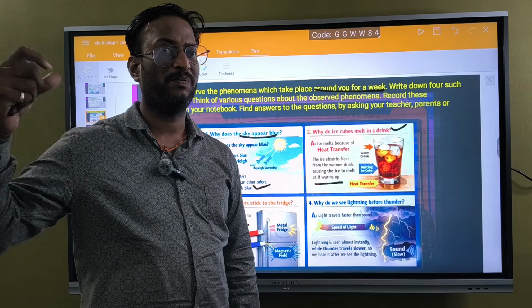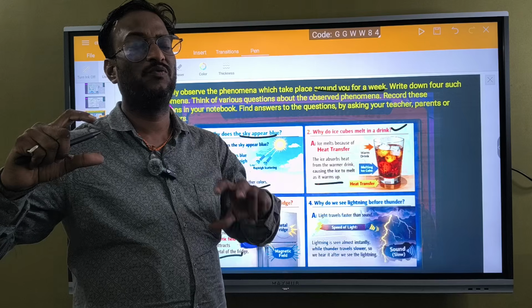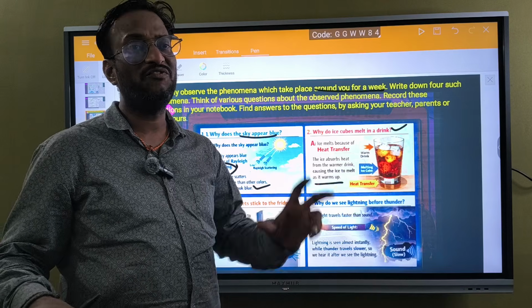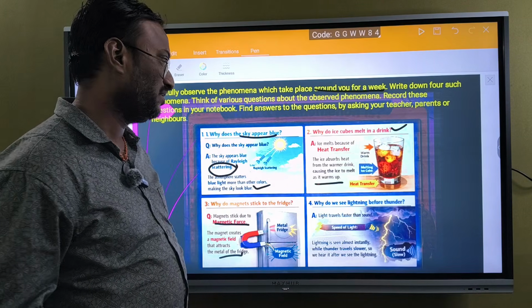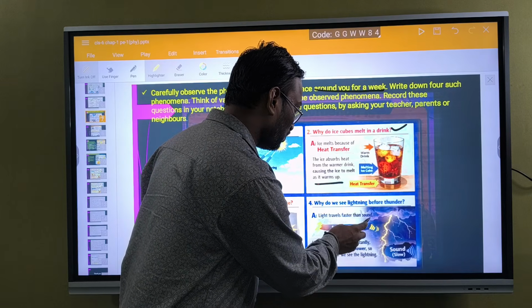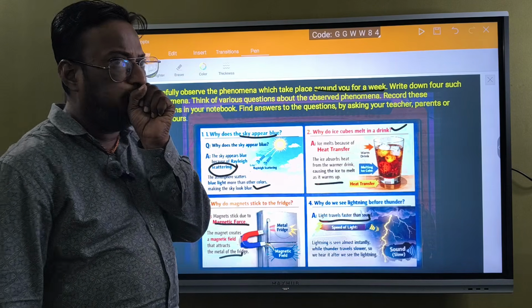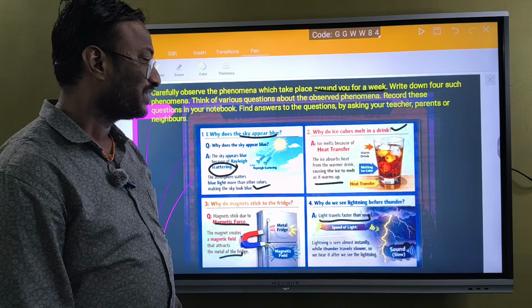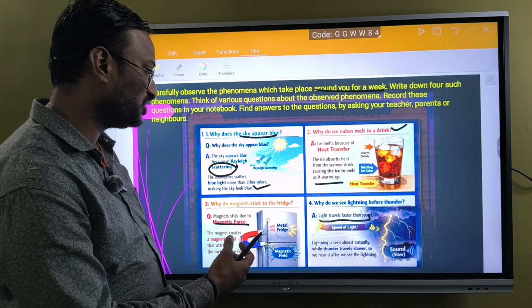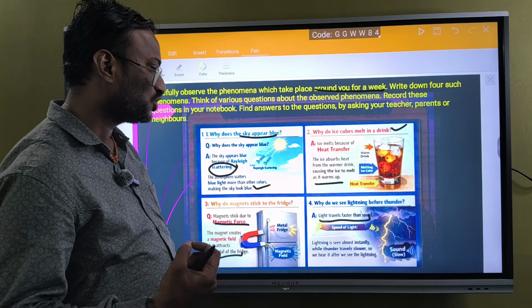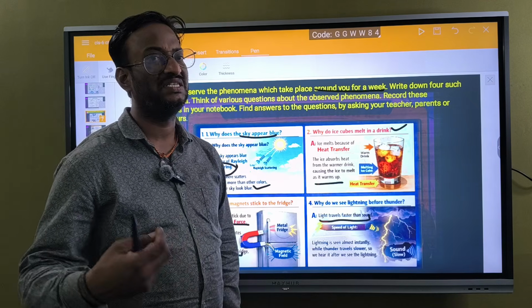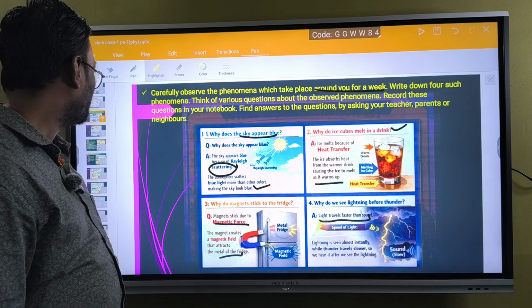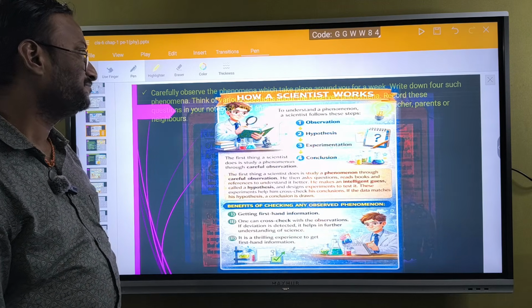Next thing is, why do we see lightning before thunder? Urumulu, merupulu antaru. First we see lightning, then after that sound, thunder. Sound we call urumu, and merupu means lightning. First we are going to get lightning, then we are going to get sound. Okay, from the sky. The light travels faster than sound. So this is the reason. The light will move very fast compared to sound. That's why lightning is seen almost instantly while thunder travels slower. So we hear it after we see lightning. After a few seconds we are going to get sound, because it travels slowly.